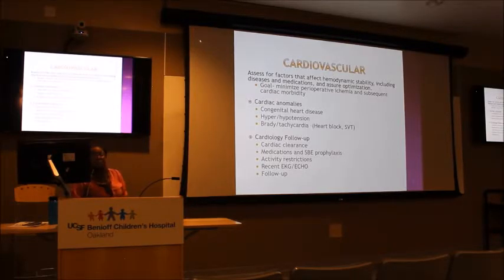Oftentimes they are easy to identify. They see a cardiologist every 6 months or every 3 months or every 2 months. They have some type of congenital cardiac defect that has been diagnosed either upon birth or was diagnosed later. They see a cardiologist regularly. They're on cardiac medication, and usually the parents are very familiar with the fact that they have a heart